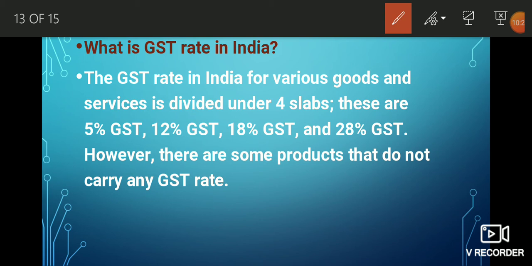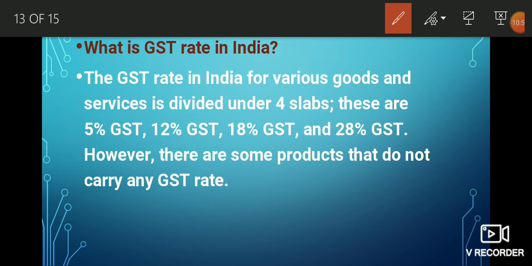Then we will discuss what the GST slabs in India are. There are generally 4 types of slabs, that means 5%, 10%, 18% and 28%. There are also some products that do not carry any GST, that means they are not included in GST. For example, I have mentioned here that petroleum products are an example which are not included in GST,